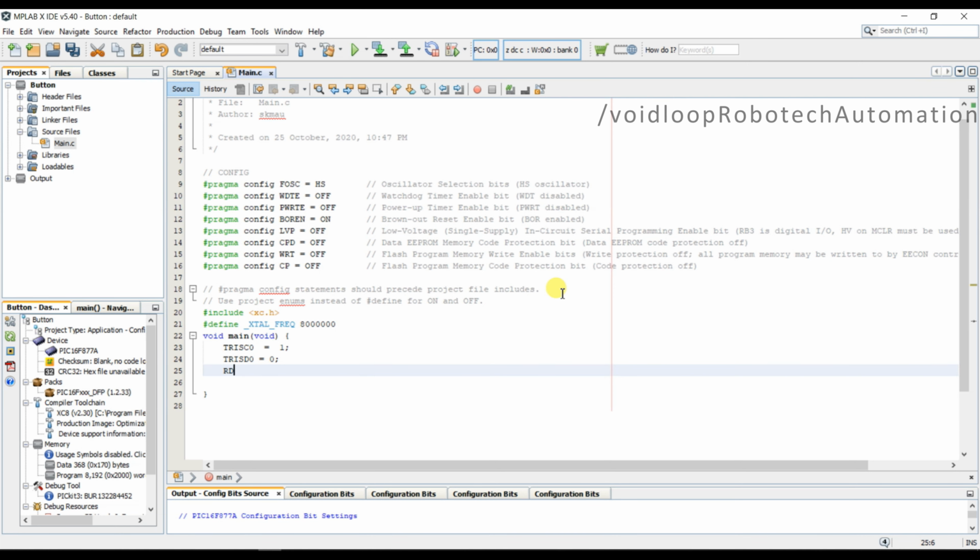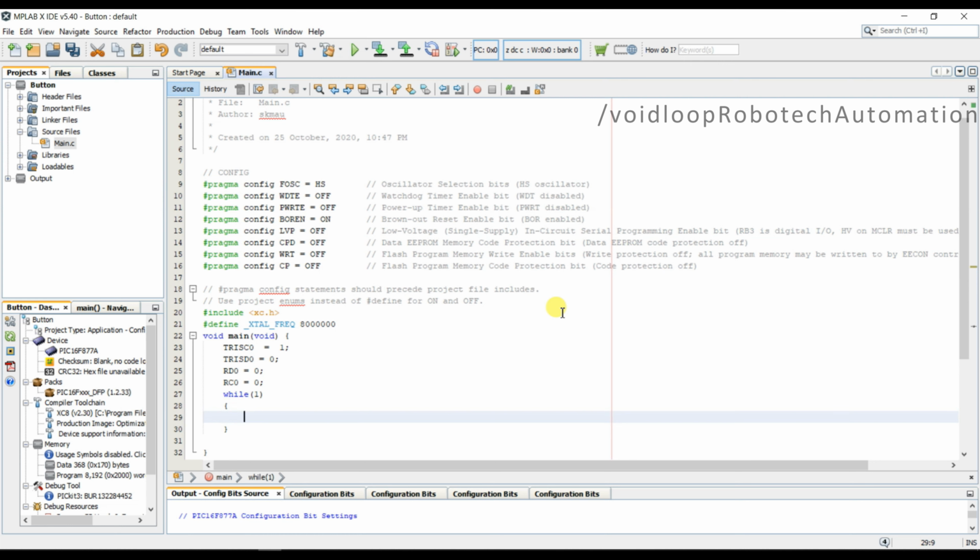So RD0 equal to 0 and RC0 equal to 0. Now I will use an infinite loop. So while, and I will pass here 1.